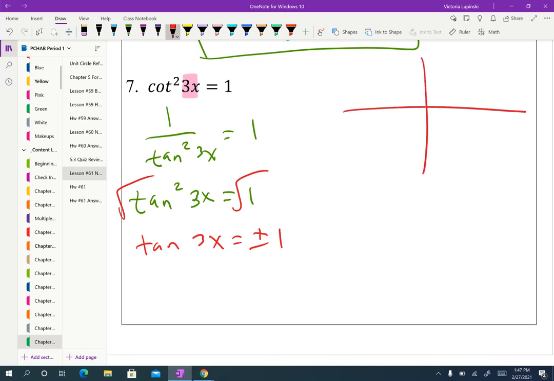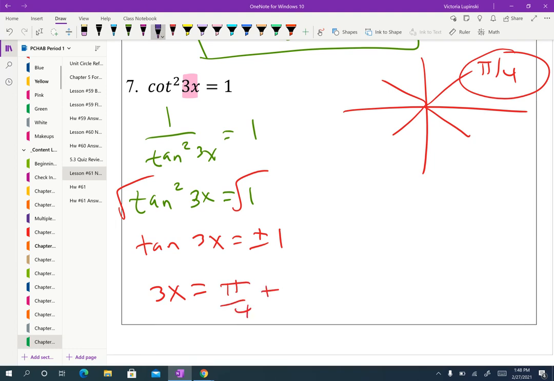Think about your unit circle. Think about the fact that it's plus or minus means it's all 4 quadrants. Think about what family it is. What family has a tangent of 1? That's the pi over 4 family. And in this case, because of the fact that it's all 4 quadrants and it's pi over 4, you can actually write all your answers with just one interval. So we're going to say 3x is equal to, the first answer is pi over 4